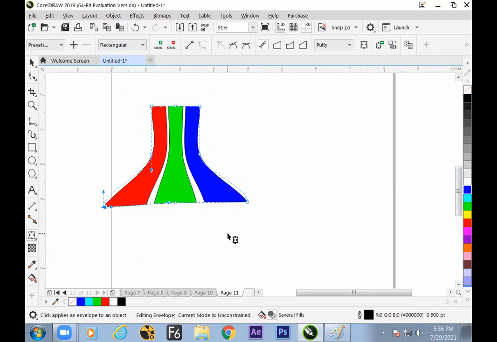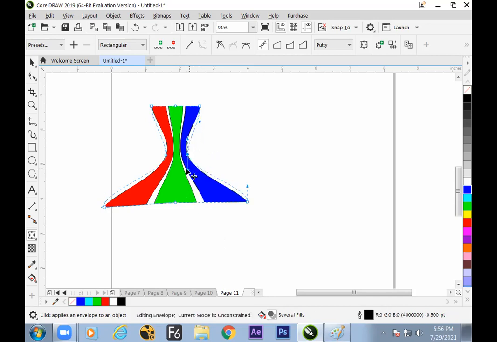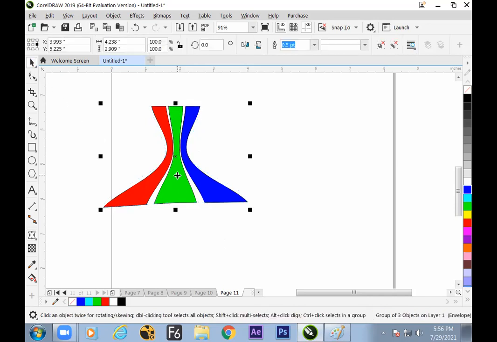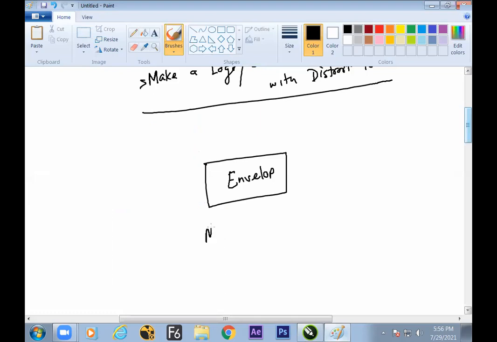So hope we have understood now how a complex design can be distorted easily through the option called enveloping. And we can get it closed in the middle also. So to make such a structure takes time. Multiple objects going in a single flow.